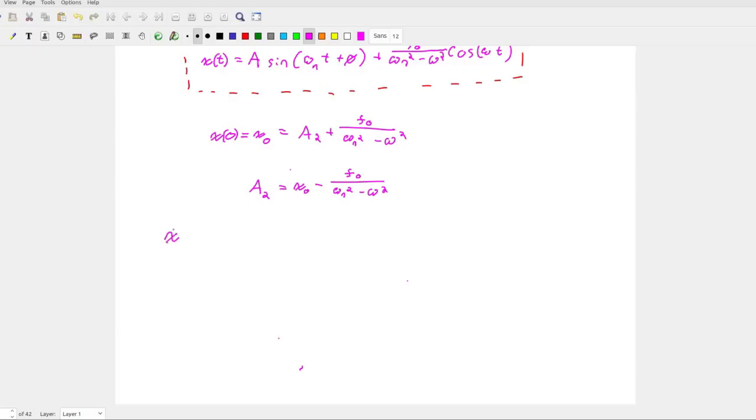It's not super important, but x dot of t, I'm going to put an of t there, is equal to, for all of our velocity terms, a1 omega n cosine of omega n t minus a2 omega n sine of omega n t